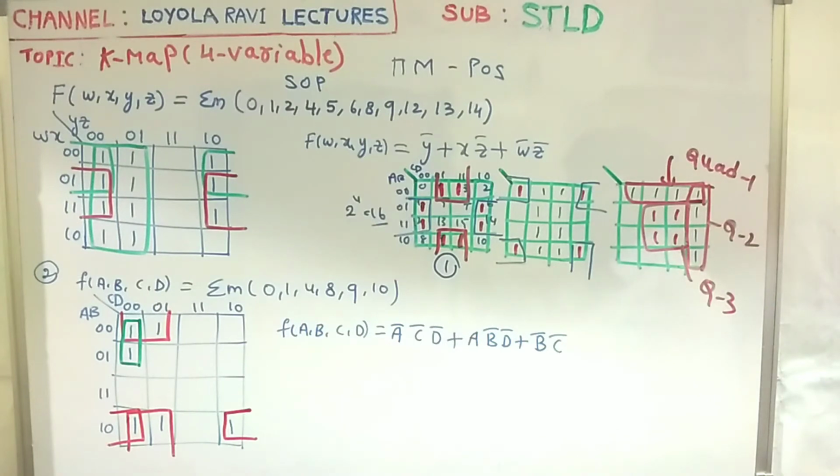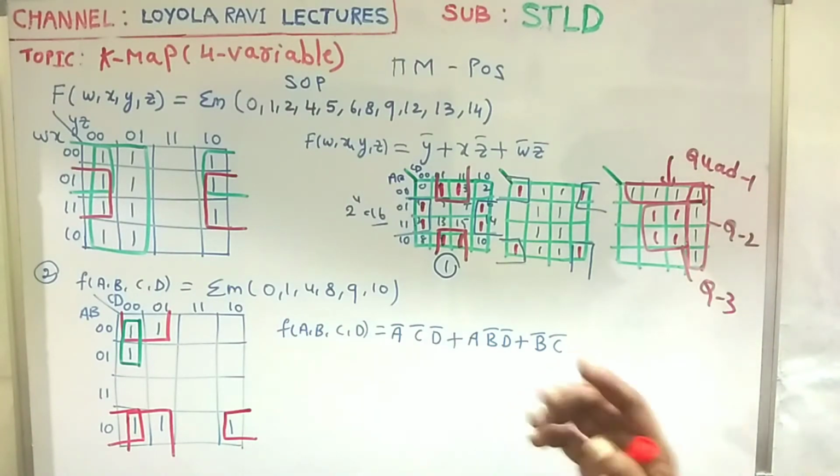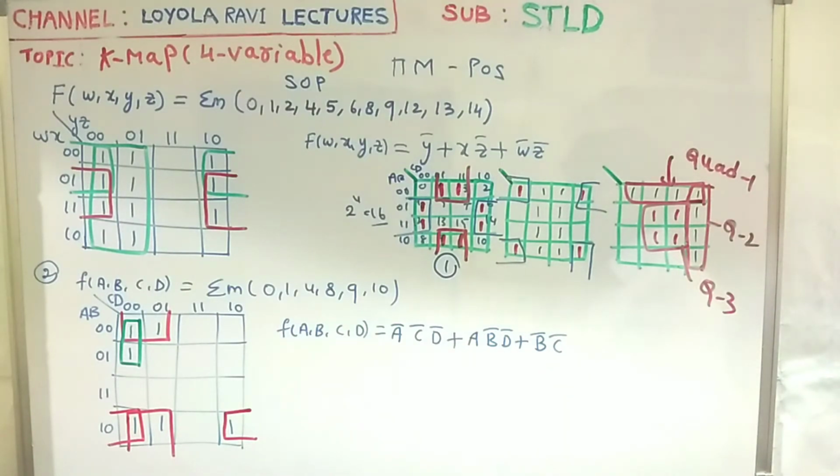Is this clear? First we have to know this basic, then only we will be able to perform any other simplification. In Boolean expression simplification, we use Boolean laws, either a duality theorem or De Morgan's theorem or any other theorem. By using different Boolean laws we can simplify all the expressions.